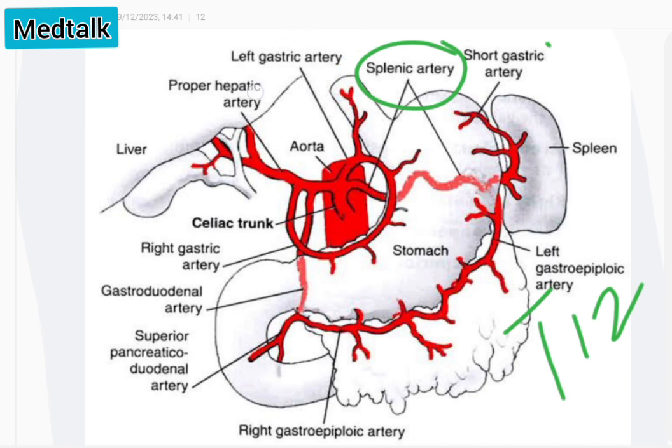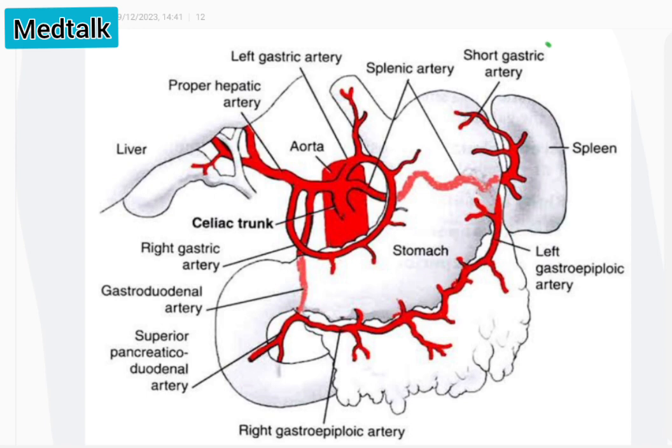Okay, so the left gastric artery, which is the principal artery of the stomach, arises directly from the celiac trunk and courses at the lesser curvature. It supplies the proper or main part of the stomach, and it also gives some branches to the lower esophageal part, and then it anastomoses with the right gastric artery, which is a branch from the proper hepatic artery. Okay, so the first branch is the left gastric artery, which supplies the lesser curvature of the stomach.